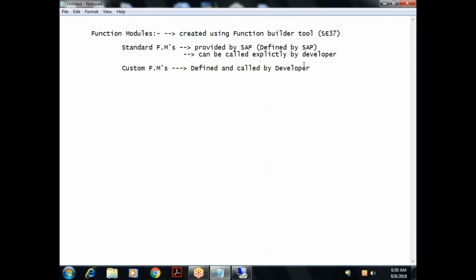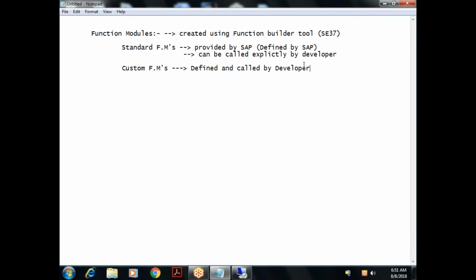There are thousands of function modules given by SAP itself. Related to ABAP, there are some function modules which are frequently used by ABAP developers. As part of the course we'll be seeing some standard function modules which are frequently used by developers. It doesn't mean that we will use only those function modules, but those are the generally used ones to cater to most of the business requirements.